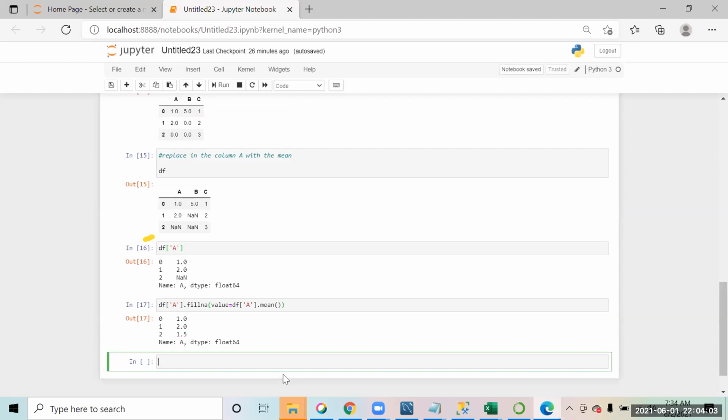I was trying to do it like this, but it was not the right order. Let's try this way. So this was not correct. It won't be able to understand what A is, so you need to have that df.